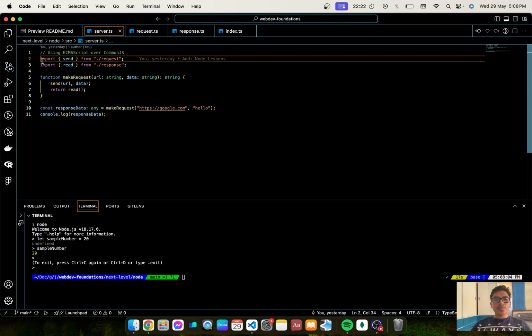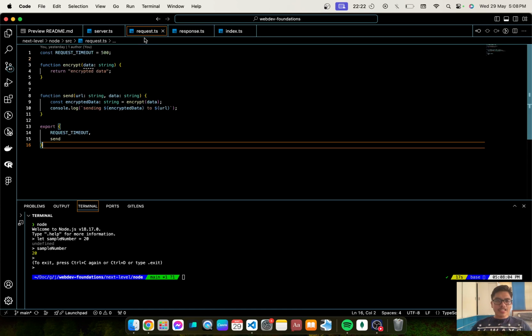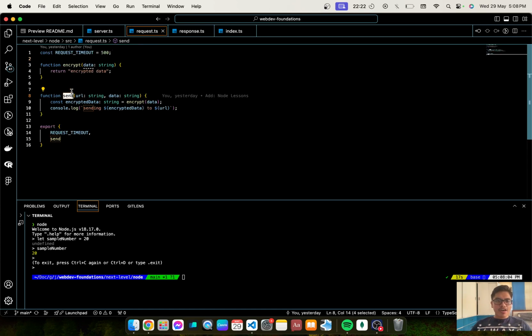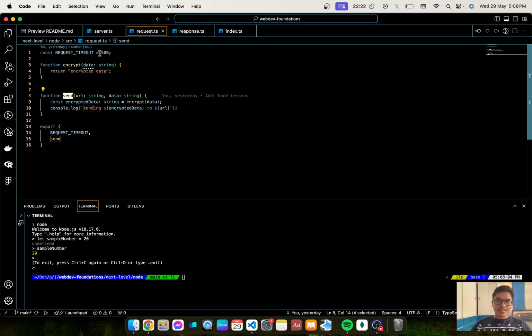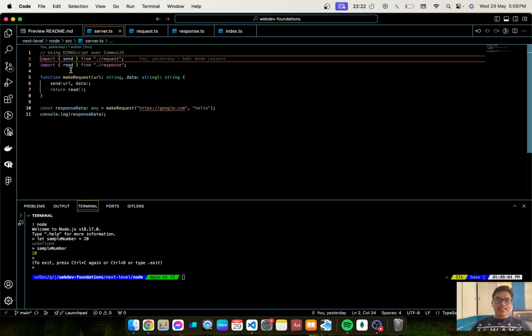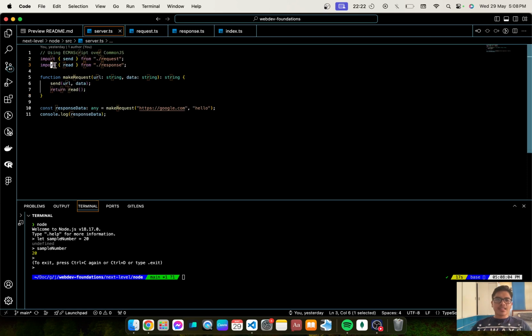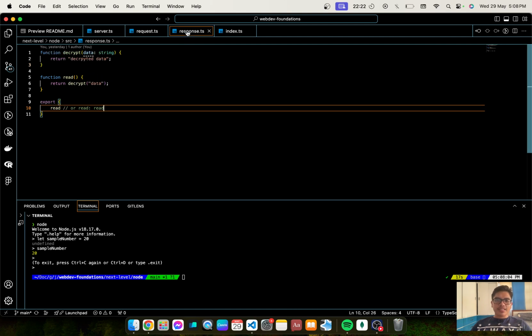Okay? So here we are importing the send function from the request.ts file. Okay? And here we are importing the read function from the response.ts file.